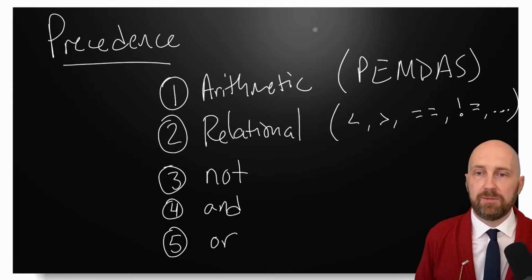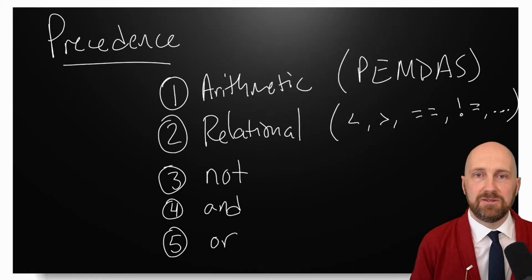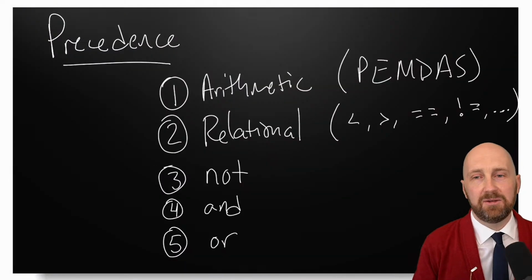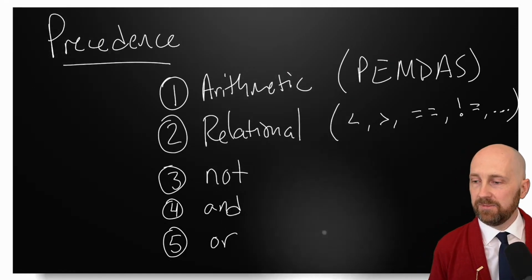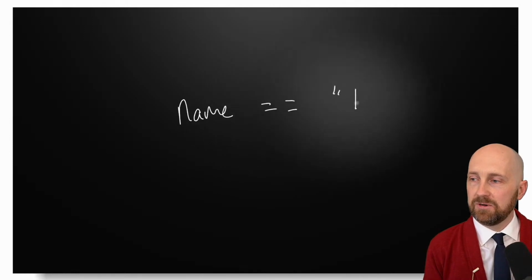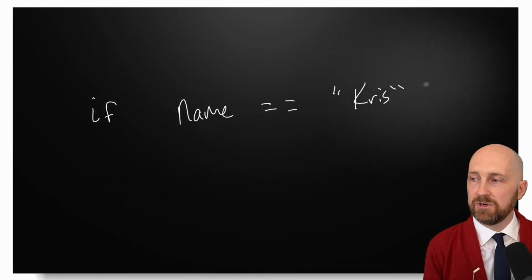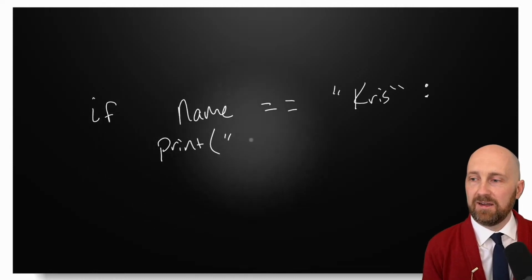Can you do an if-then statement with strings? Yes. So we could ask the user a fun little question, just a real quick example. You could ask the user for their name, and if their name is equal to the string. So let's imagine name is a variable, and we ask, is it equal to Chris? We could have an if statement, right? So we could have that Boolean expression. So if name is equal to Chris, colon, print a message that's specific to me, hi,